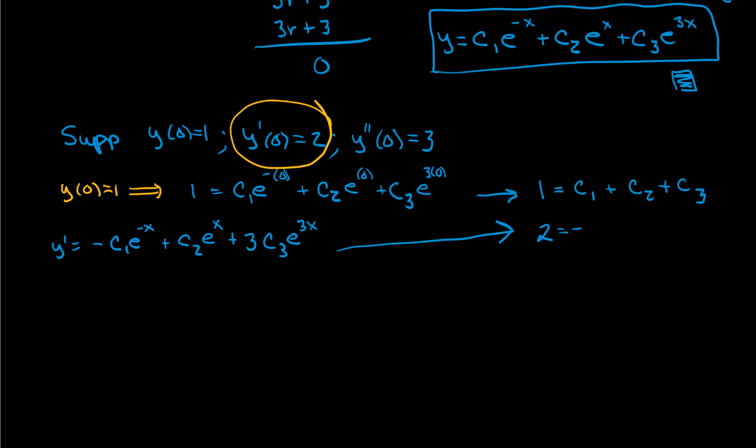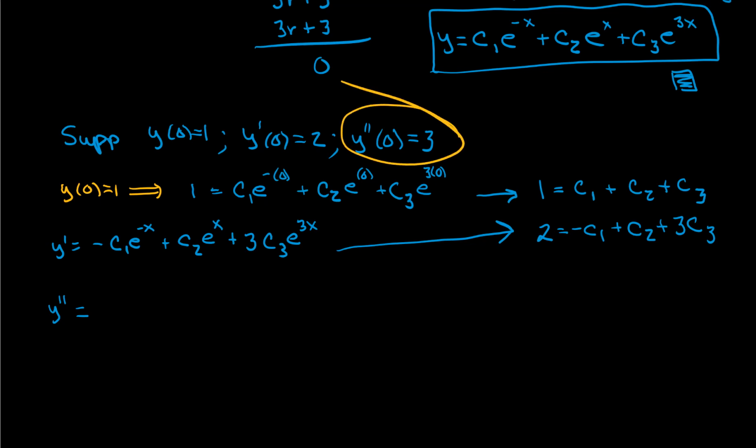This is going to give me negative c1 plus c2 plus 3 times c3. There's a second equation. We now need to compute the second derivative. The reason we need to compute the second derivative is because we have an initial value at the second derivative. Well, that means we're going to have to take the derivative of our first derivative,